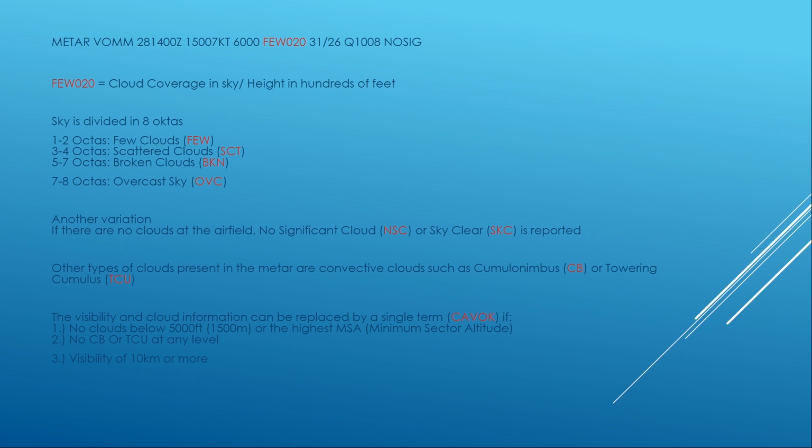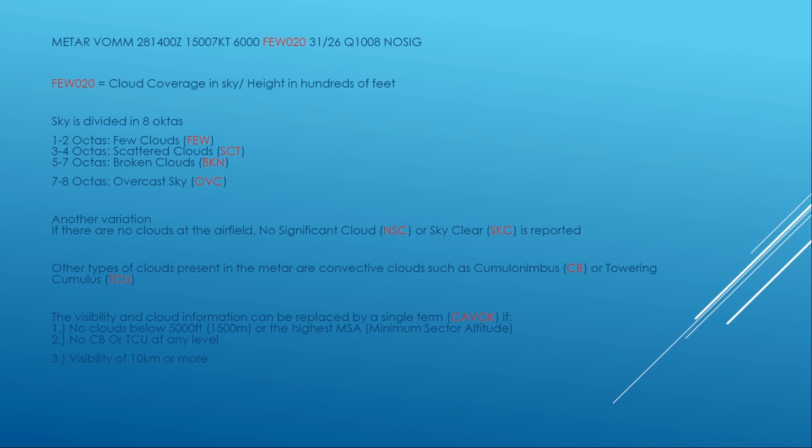And to understand what few basically means here, we divide the sky in 8 parts, and if 1 or 2 parts of the sky are covered in clouds, then it is reported as few clouds. If 3 to 4 parts of the sky are covered in clouds, then it is reported as scattered clouds. If 5 to 7 parts of the sky is filled with clouds, then it is called broken clouds. And if 7 to 8 parts out of 8 in the sky is covered with clouds, then we report it